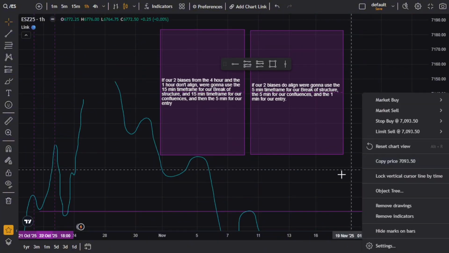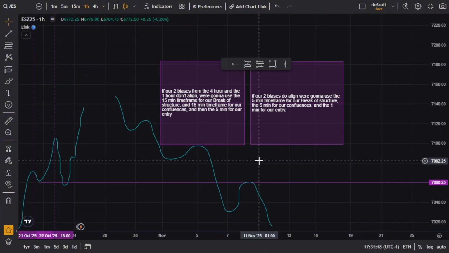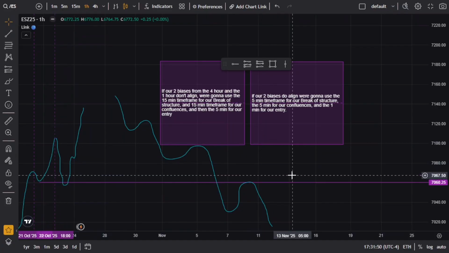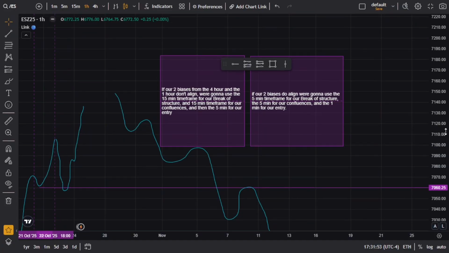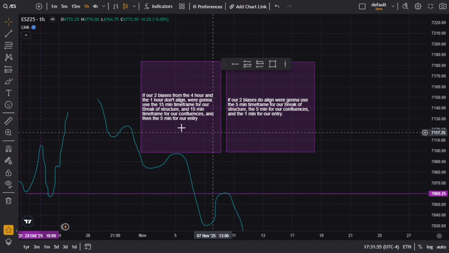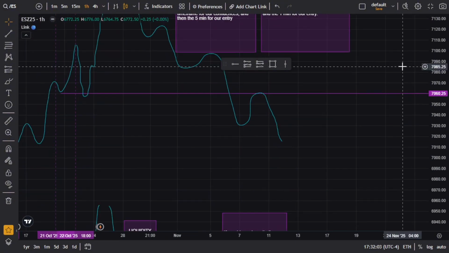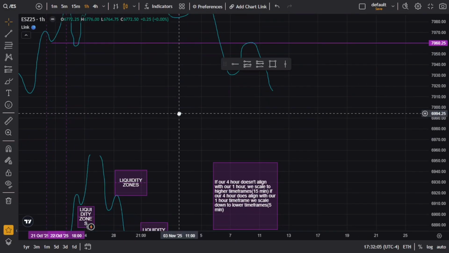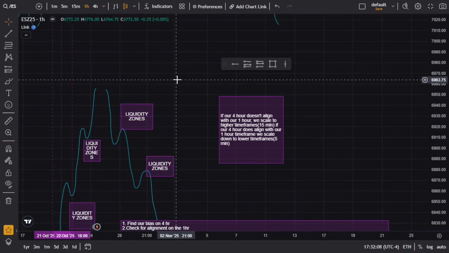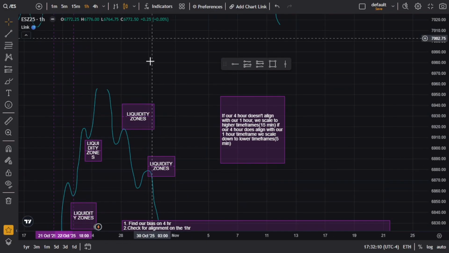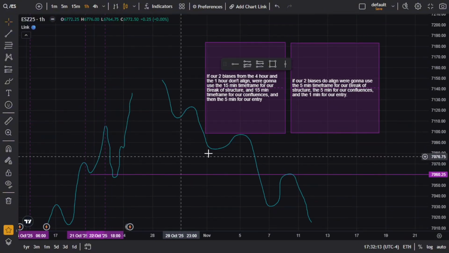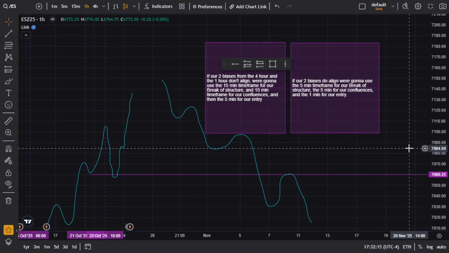But yeah, we're going to have patience on the 1 hour. We're going to wait for our liquidity to be swept on the 1 hour. We're going to have the best patience in the world because that's what patience and trading is all about. And we're just gonna wait for liquidity to grab those zones. And what liquidity is, is just resting orders, meaning orders are being placed down here or down here, and most likely price is gonna come back and retrace into that zone and go in the opposite direction.